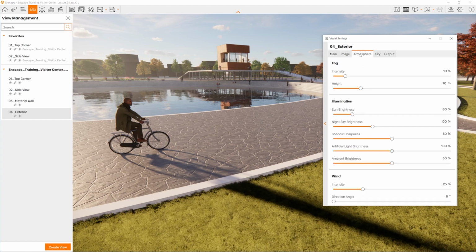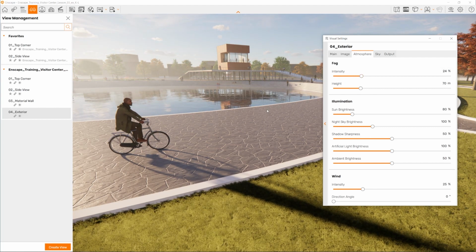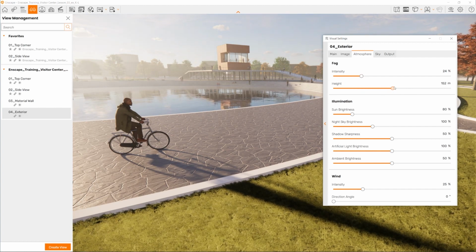Let's go to the Atmosphere tab. Here we can adjust the fog, the illumination, and the wind settings. I will increase the intensity of fog just enough that we can see it a bit in the back, just between the trees and the contextual blocks in the far end. And I will adjust the height of the fog to partially hide those blocks, to be able to give more